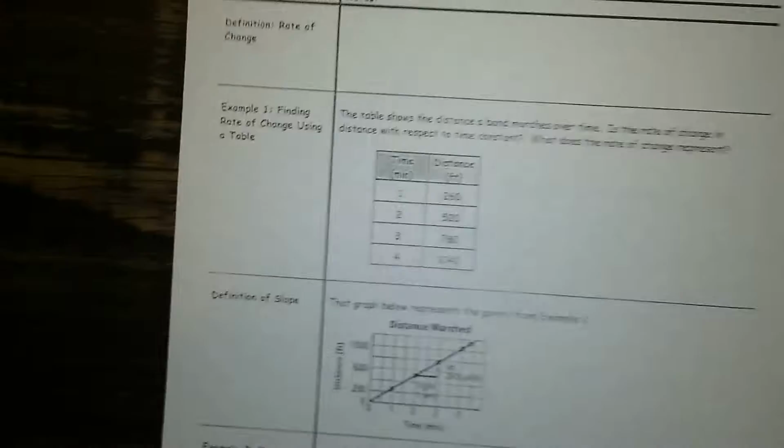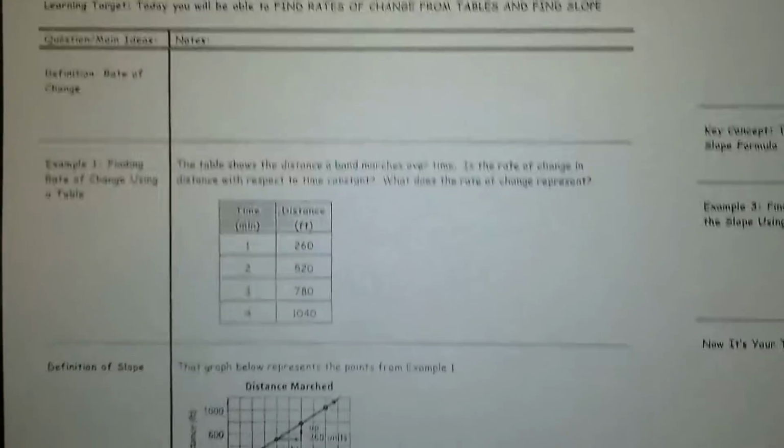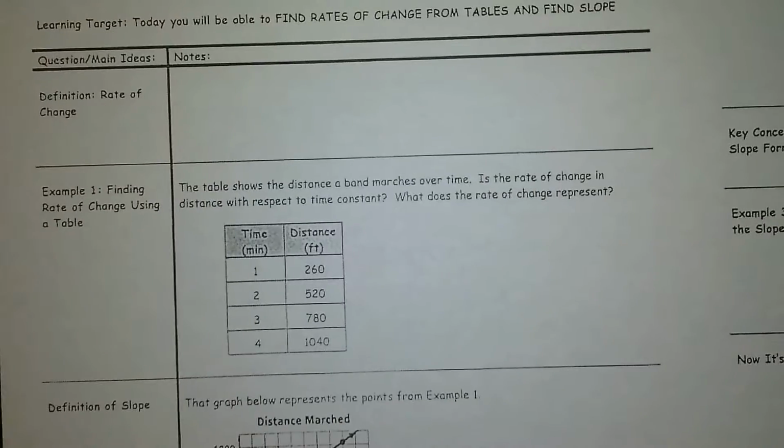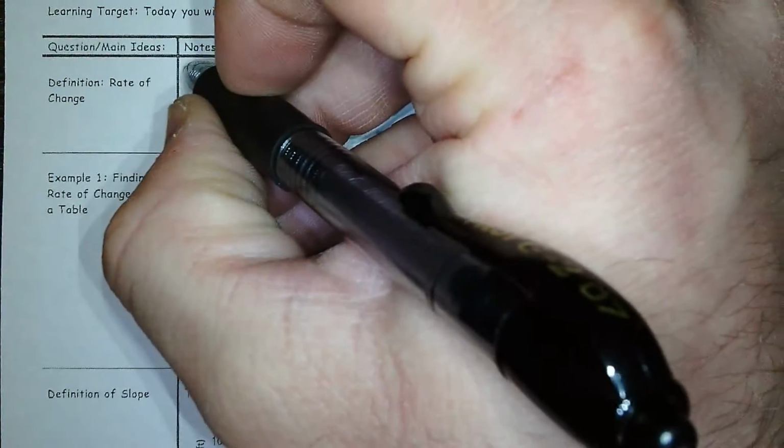So we have slope. So what is slope? Well, slope goes by many different names. First one we talk about is just rate of change. Okay, and what that is, it is how